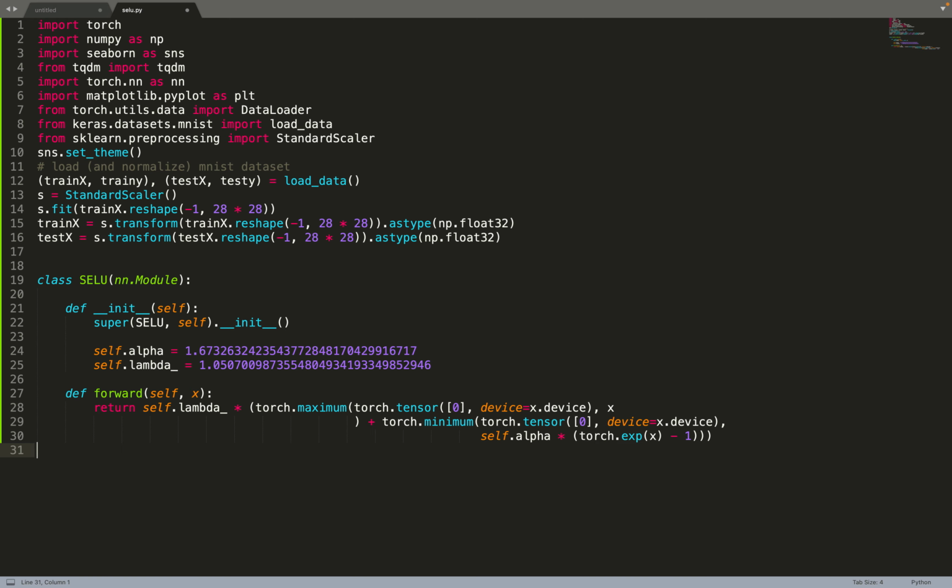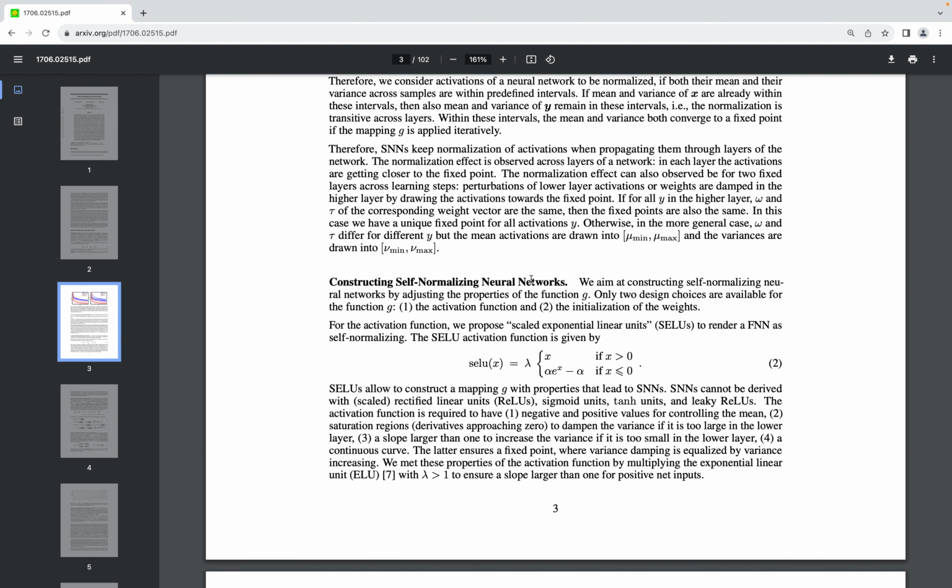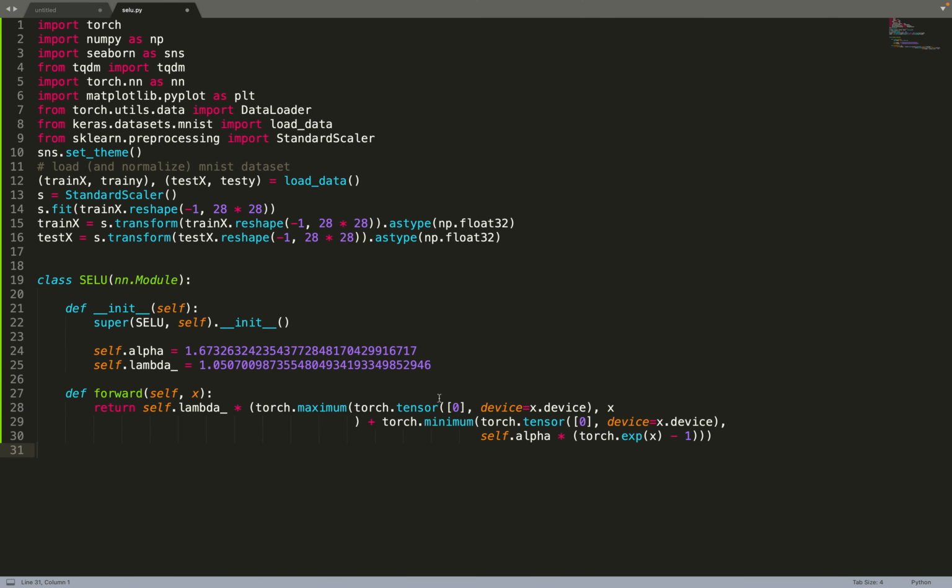We are just doing a straightforward implementation of the equation from the paper. There are different ways to implement this. We could have used a mask to compute where x was greater than 0. There are a lot of ways to implement that. The one I've chosen, which is also the one used, for example, in the initial implementation from the authors,